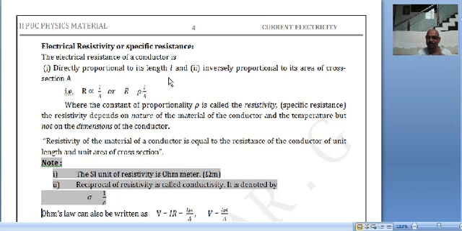So observe this: the electrical resistance of a conductor is directly proportional to its length. Longer the length, higher is the resistance. Similarly, it is inversely proportional to the cross sectional area. So the larger the area of cross section, the less the resistance will be. If you want to understand that clearly, look at this, definitely you will understand better.